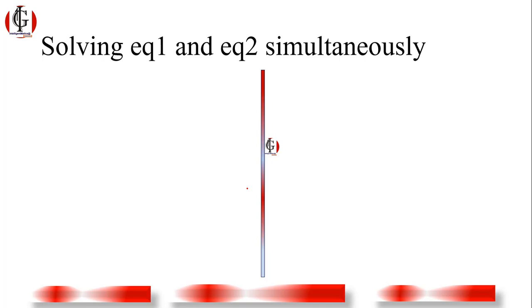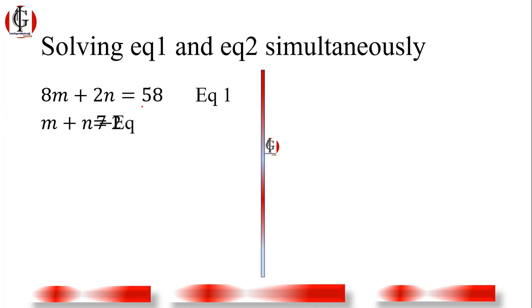We have equation 1 to be 8m plus 2n equals 58. And we have equation 2 to be m plus n equals minus 7. Using either the substitution method, matrices, or any method that is convenient, we are going to make use of the substitution method. So, from equation 2,